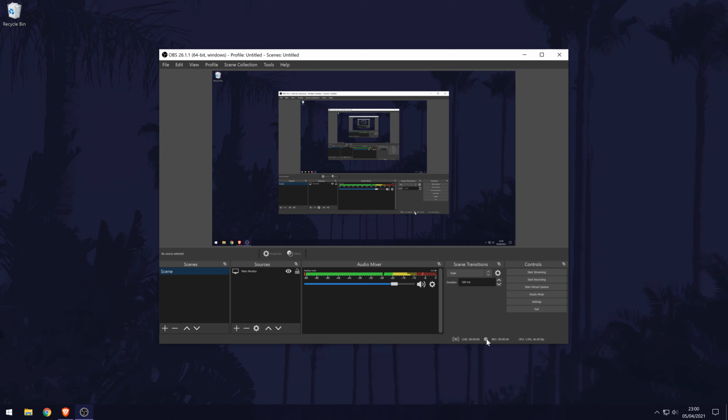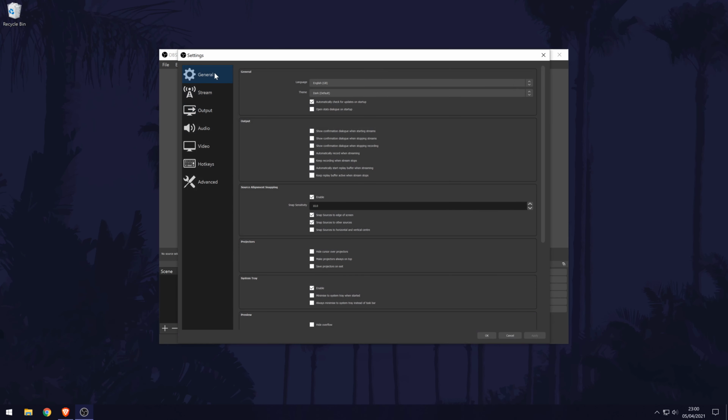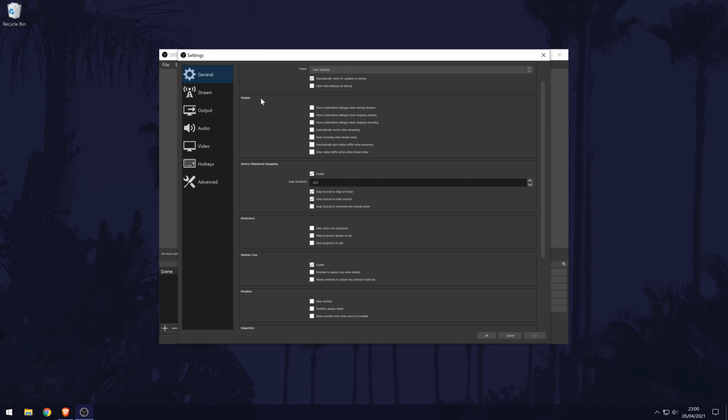Let's move on to looking into the settings. We'll be able to make changes to things like the recording and stream quality and much more. Click on Settings under the Controls section on the right side to open up the settings. We'll start in the General settings. There isn't much to change in here, although you might want to have a look down the list and see if there are any specific things you want to have. Most of these are personal preference and you'll probably fine-tune these once you begin using OBS more in the future.